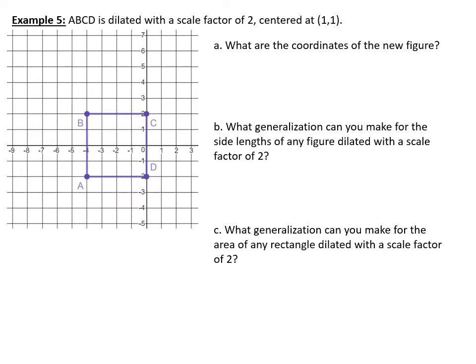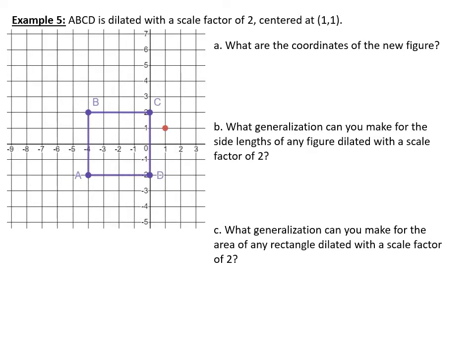Okay, so here we have example 5. We have rectangle ABCD is dilated with a scale factor of 2 centered at 1, 1. Well, what are the coordinates of the new figure? Well, what helps is to draw some lines. And sometimes you can just not draw the lines, but kind of count it as you go. So putting down the point that we are dilating from, so 1, 1 is plotted, and let's just take a look